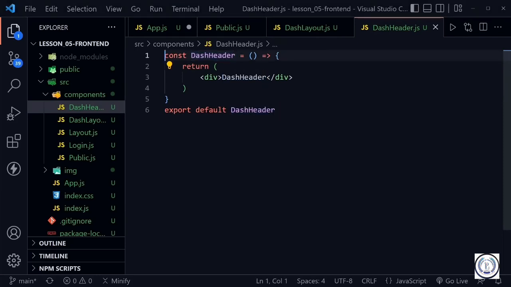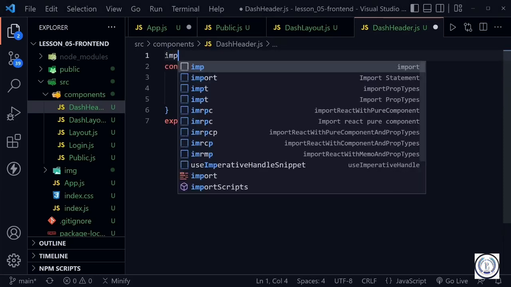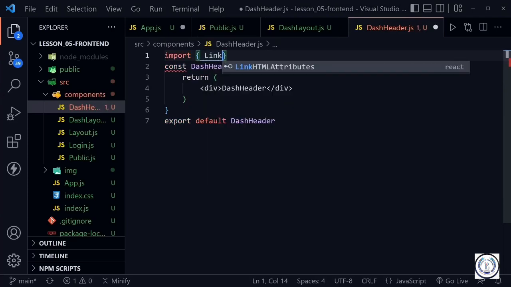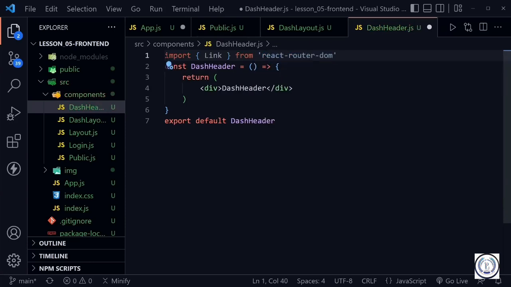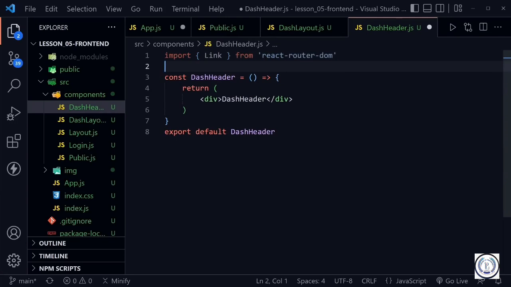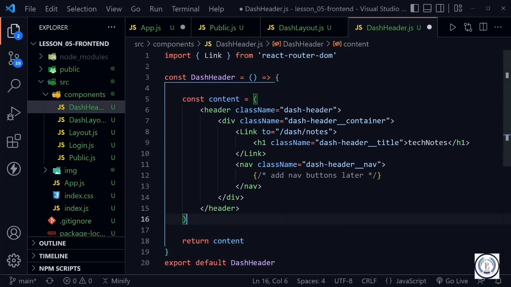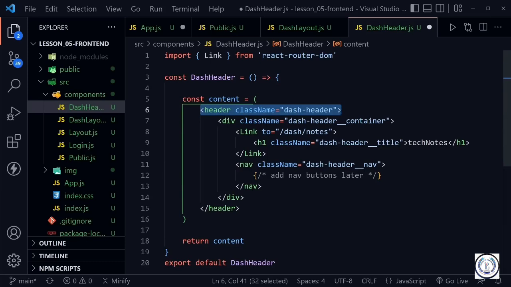And at the top, we're going to need to import in a link here. So let's import link, and that once comes from React Router DOM. And after we have the link, let's go ahead and add the body here to the component. I'll once again highlight this return and replace it, and we can go over this. It's fairly simple content here. We have a header as the container. Inside of this, we have a div with the class name dash header container, and then we have a